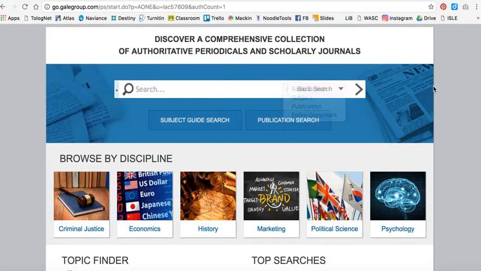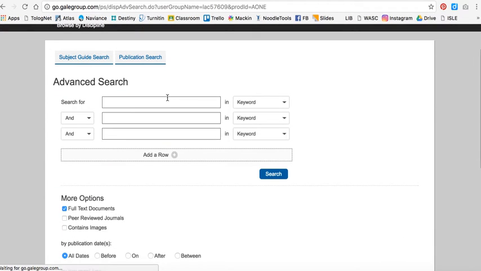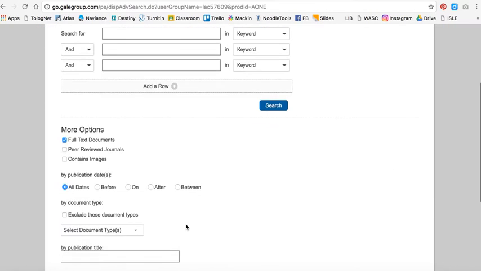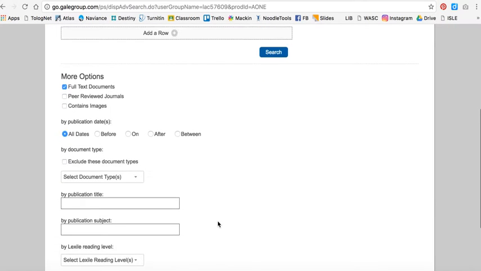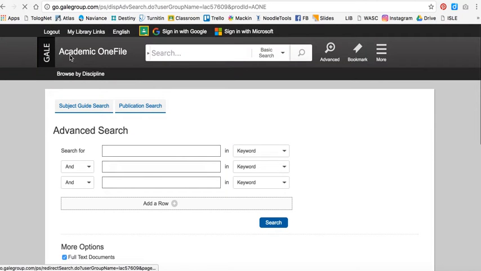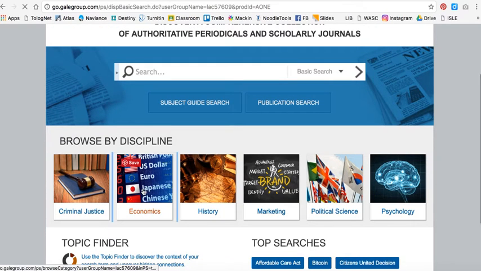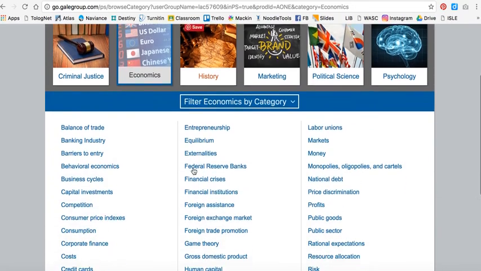You can also do an advanced search that will allow you to put in multiple keywords and differentiate between synonyms or multiple terms that you need to have included in your results. And that will allow you to narrow things down. I'm not going to talk too much about advanced search since I know that you have used an advanced search in other databases. So some of the features of Academic OneFile, first of all, when you find your way through